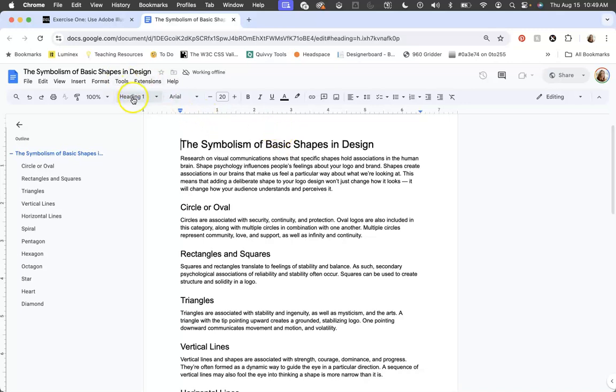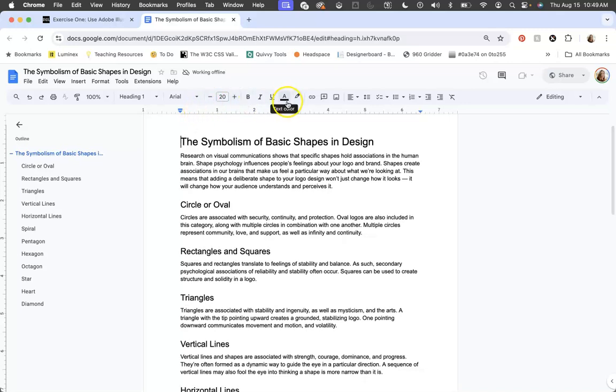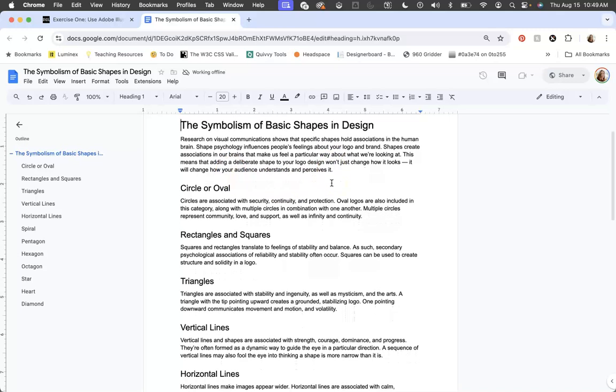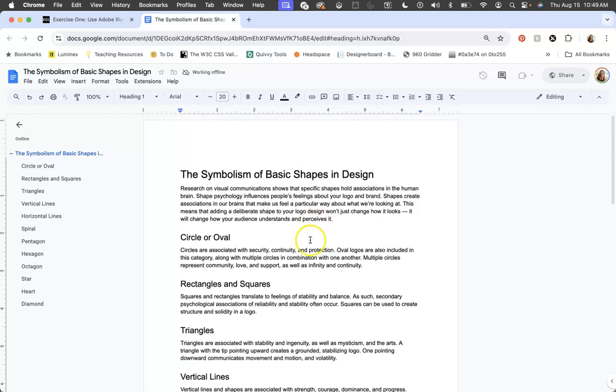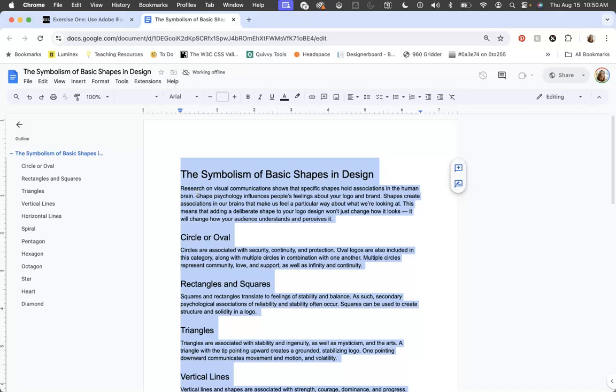And that's a good thing, except when you're creating something as a designer, you need to know that not all rich text programs play well together. And so sometimes that code that's being added in the background doesn't work as well in a different software. So whenever I see that I'm working with rich text, before I bring this text into a different rich text program, say Adobe Illustrator, which also has these options to format type, I need to remove all of that formatting from the background just so that it doesn't potentially crash my program or cause me unnecessary problems while I'm doing my work. So the way you do that is just to take all of your text and to copy it,